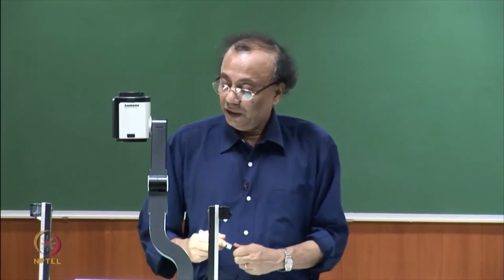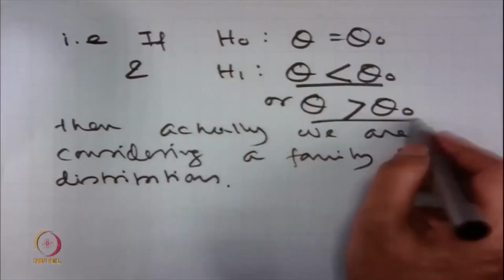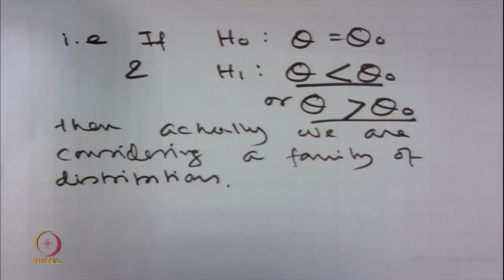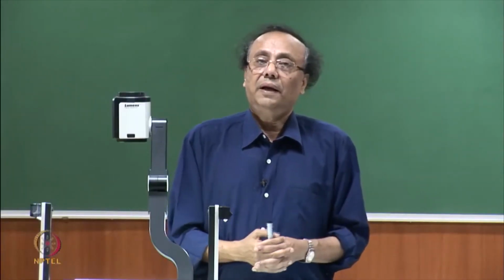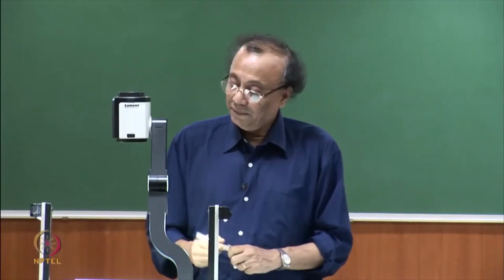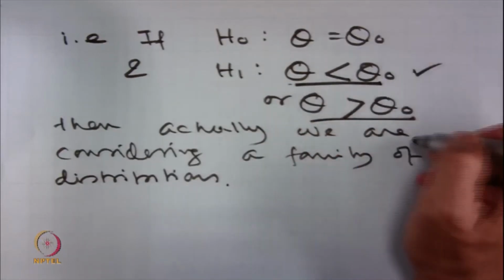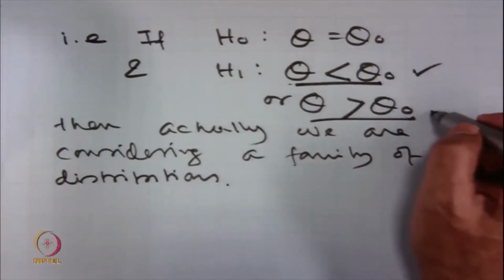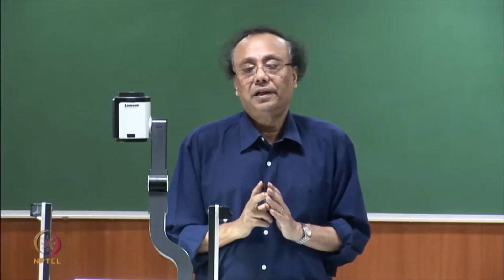Therefore, if we are testing alternatives of this type, that is only one sided inequality, then the MPCR that we have obtained there, that will work for all the family of distribution satisfying this or satisfying this, and therefore, the most powerful critical region obtained